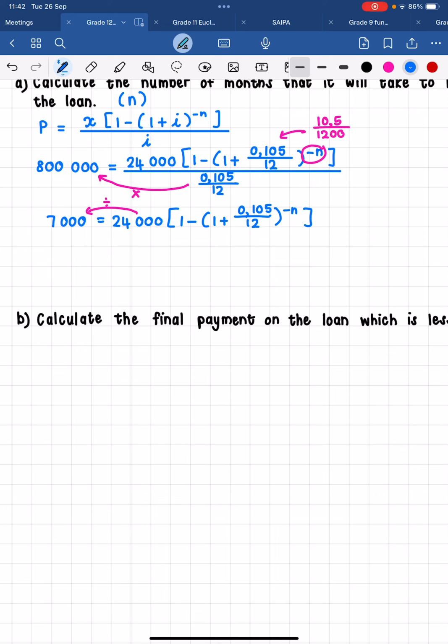Guys, it comes up as 7 over 24 or this. You can decide what you want to write. 7 over 24, I don't think there's a problem with writing that. You can write 0,29. It's up to you. So I'll just say here 7 over 24 is equal to, and now I can leave off my square brackets, right? Because I'm just left with that whole square bracket. So I'm going to say 1 minus bracket 1 plus